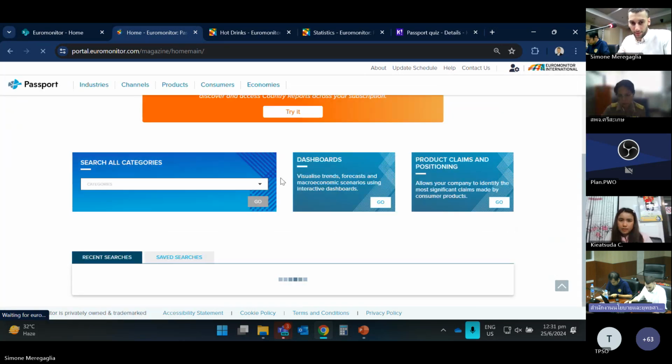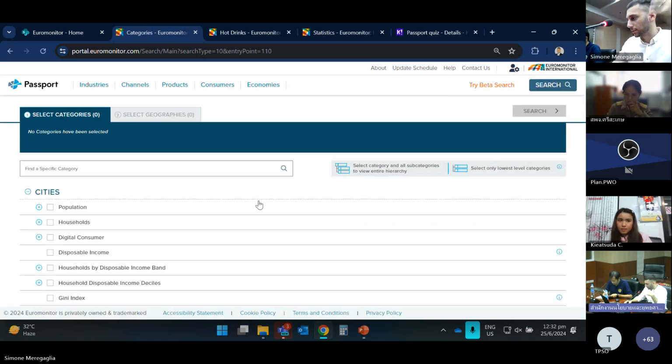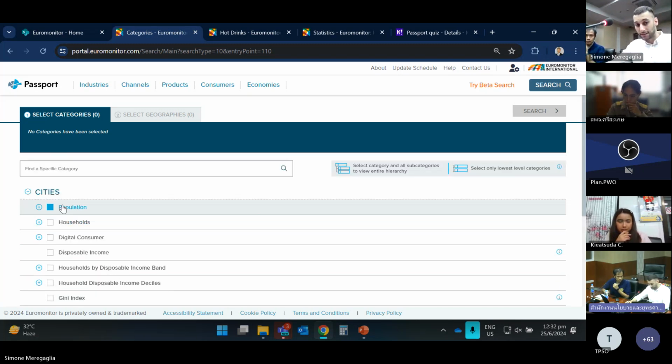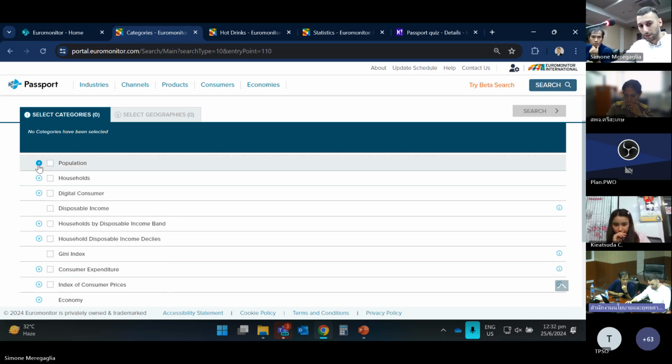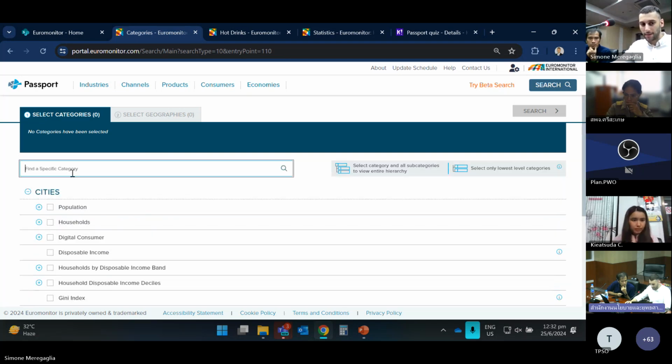So if I click on here, I go into cities and I click on go. So far what we heard is like the production side and also cities is two maybe important things, but they are not part of the subscription. But for example, under cities, you can look at population size, households, like all the economic factors that we saw earlier. You can look by city. And then if I look for Thailand,